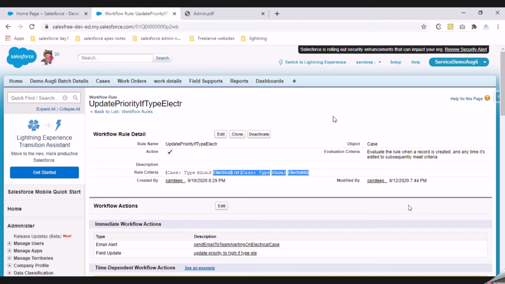Alright. So the minimum number of workflow rules that we need to achieve that requirement is 3. The maximum can be 5, 1 for each scenario.